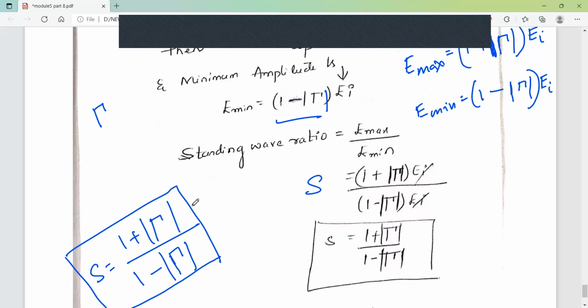So you will get numericals from this expression and the expressions for reflection and transmission coefficient, where either the values of eta will be given or the values of the constants mu, epsilon, etc. will be given. Next class, we are going to see more detail about this as well as the numericals.